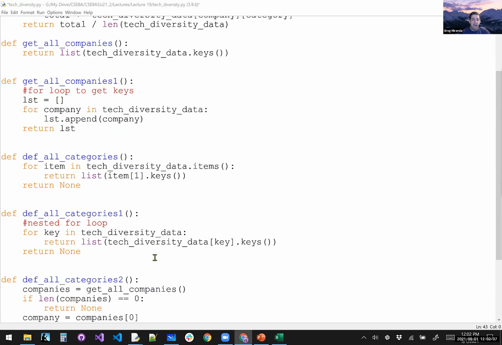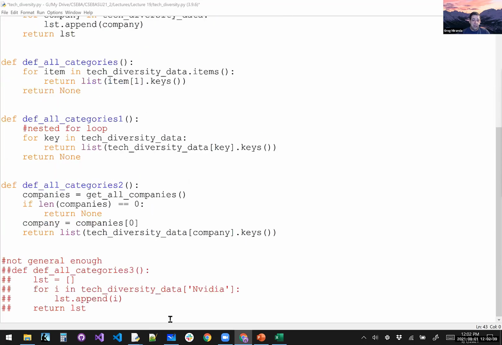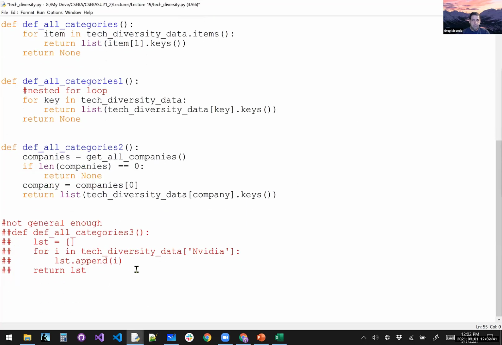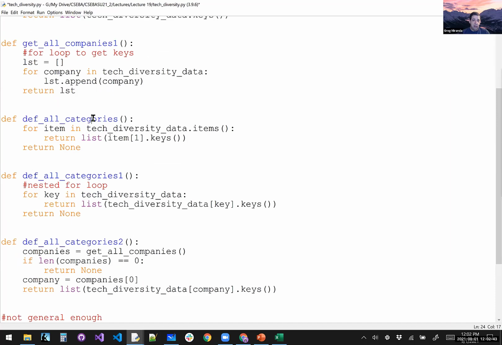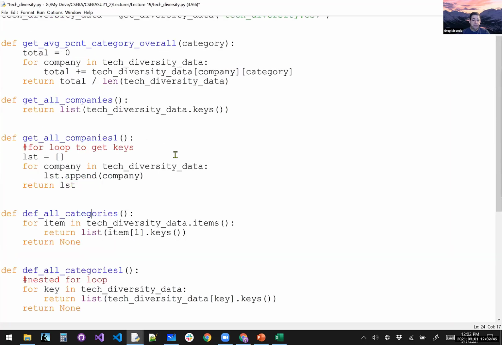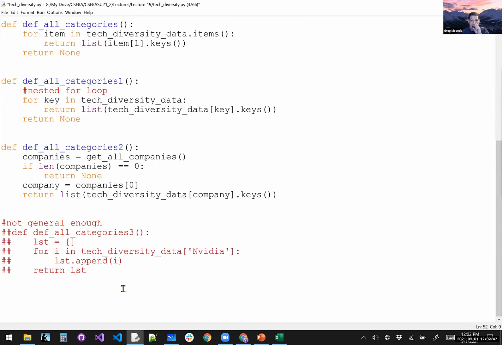Okay, so now we have all of these functions, or we're just going to use the top ones, or potentially both of these. I want you to think about this now. So we're going to write a function to plot our data. So given a name of a company and a list of categories,